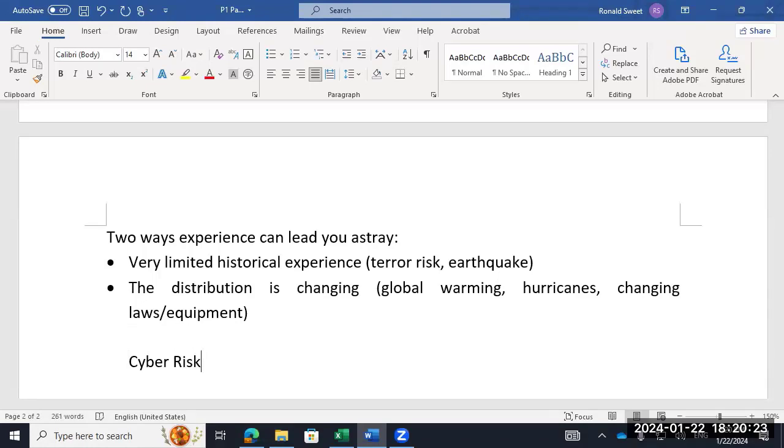So in 1980, what was your experience with cyber risk? Non-existent. All right. Have we had some major cyber events recently? We've had some. Do insurance companies cover cyber risk? And that's been a big debate. Can they cover cyber risk? They do have some coverage, but it's a very, very dangerous risk for them to cover.